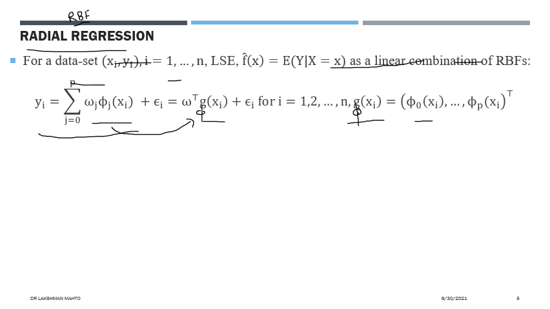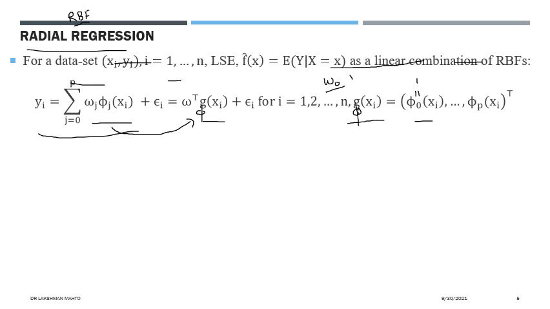Likewise, if you vary all the samples from 1 to n, then what will happen? You will get a response vector with n number of components. And what is this first basis vector? It is a very trivial kind of basis vector. That means it is equal to 1. Why? It is coming with respect to the intercept coefficient or parameter omega naught.